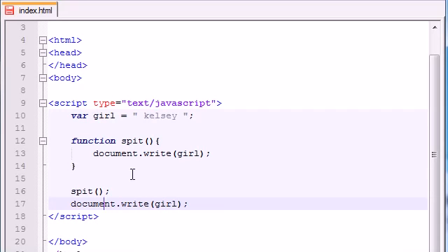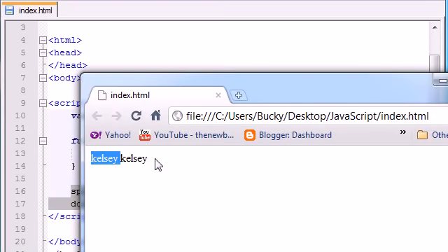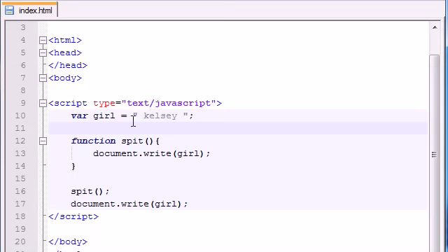So anyways, the point I'm trying to get across is whenever you have a variable outside a function, you can use it both in the function and anywhere else in the program. So let me refresh this, and it says Kelsey, Kelsey, just as we predicted. Simple enough. But now let's take this variable, cut it,